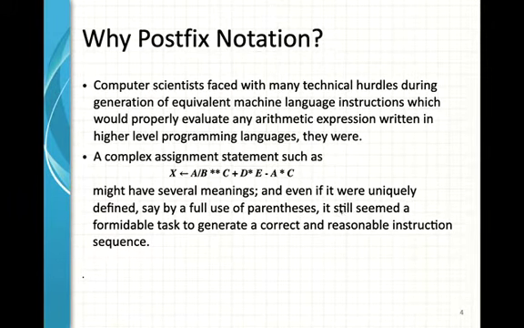It still seemed a formidable task to generate a correct and reasonable instruction sequence. So from this kind of problem, we have to think of some other thing, and here is the history of the generation of postfix notation.